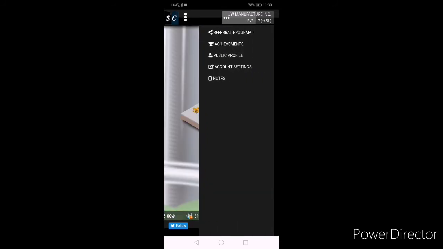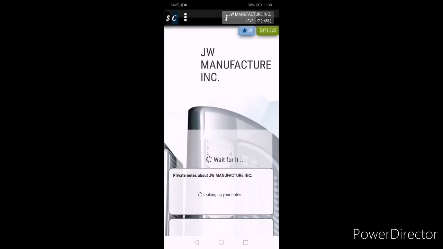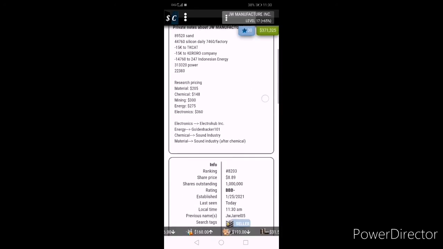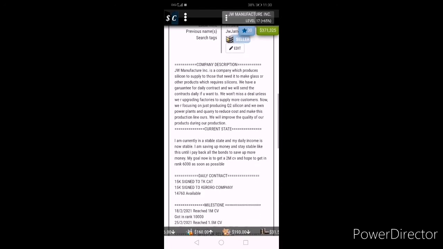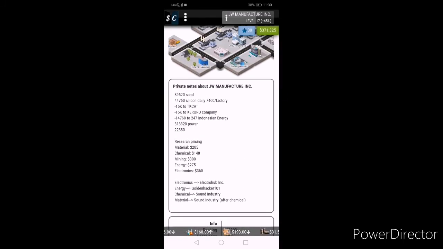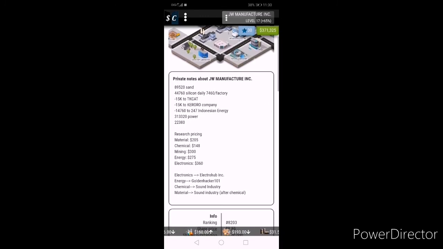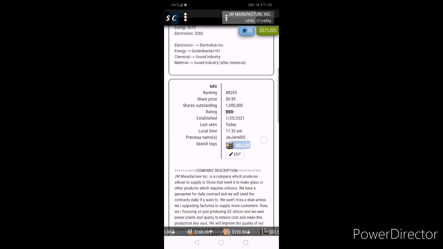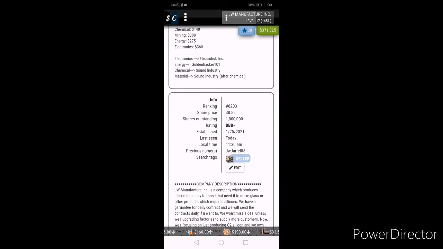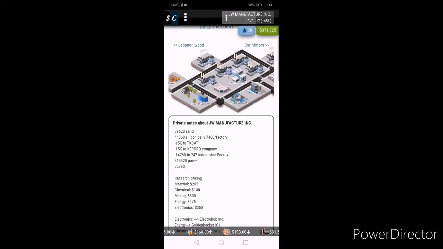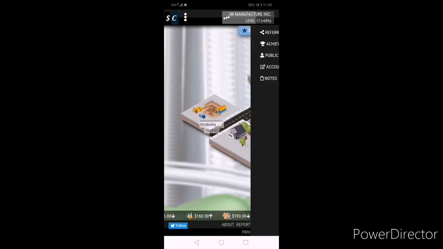Okay, now let's go to public profile. Public profile lets people see what your company is about, your company description, all those, and what you have hired, your company value, and maybe your rank too. And it differs, as this game is launched globally, so there are different time zones, and it will let people see, oh, what's the time zone of this player, what's the last time seen, what's the rating, and all those things.